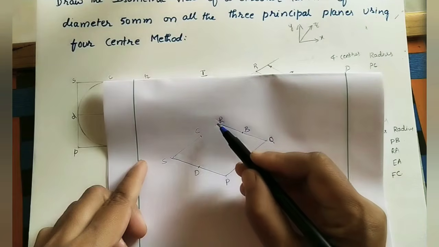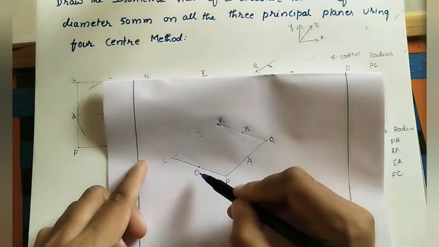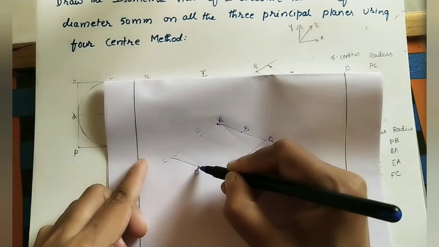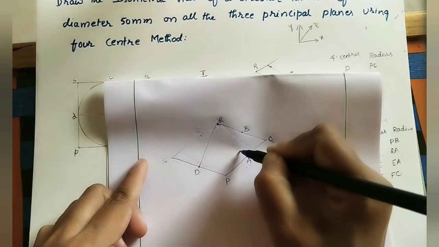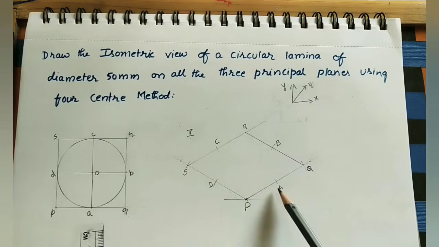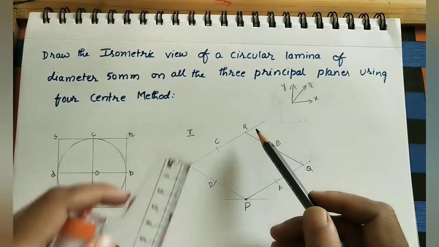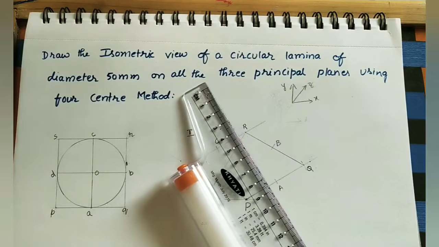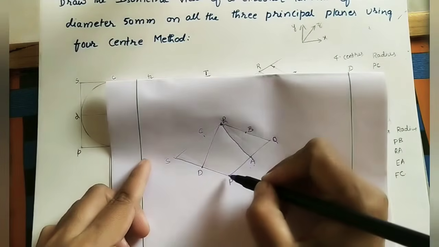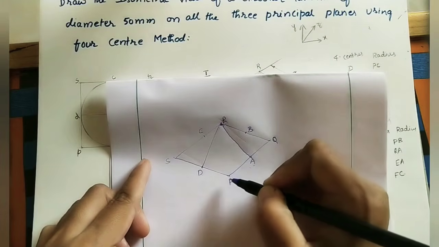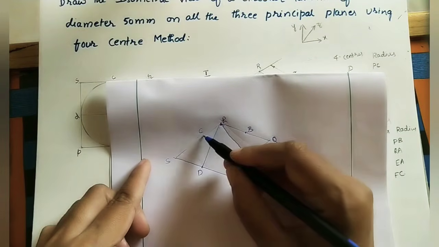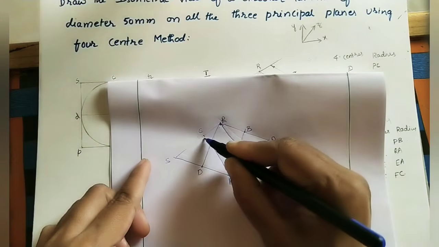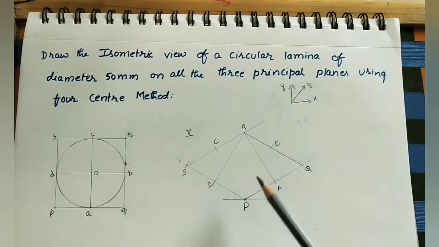Here take one of the centers. Join this point to the opposite middle points. For R, the opposite middle points are A and D. Join R to D and R to A like this. Join these middle points to the opposite end, which is R. Similarly, take the other end of the shorter diagonal. Join this end to the opposite middle points. B and C are the opposite middle points. Join to P, join to C. Similarly, join these middle points to P.